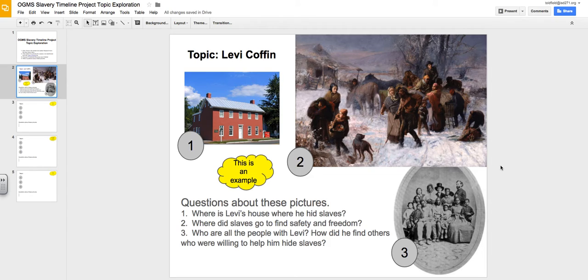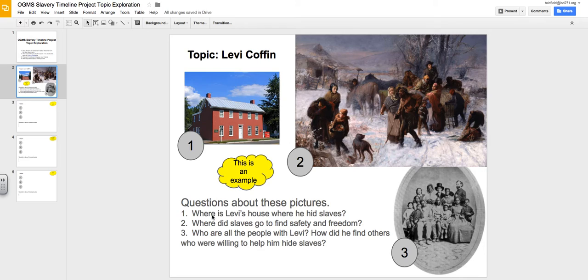So in the screen that you're seeing now, the Levi Coffin slide, I'm going to read through the questions that were created and think about some comments that I could write back to the person who created this particular slide. So in question number 1 down here,